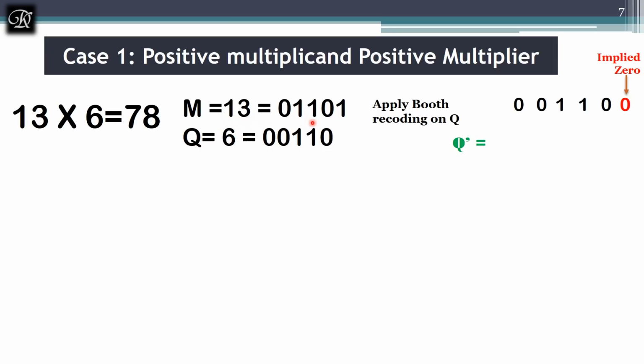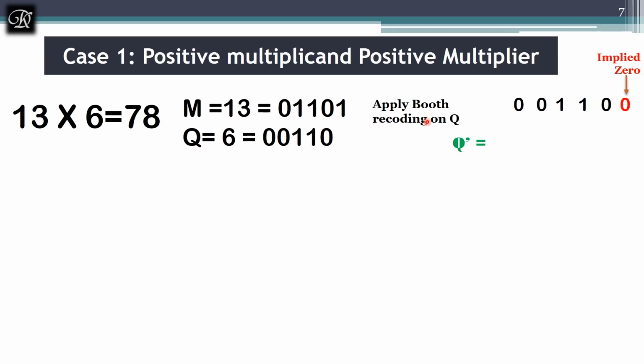So I will write the binary version of 13, that is 1101, and it's mandatory to have a sign bit. Because it's a positive number, the sign bit is 0. And when it comes to 6, 1 1 0, but both should have equal bits. That's why I have added one more 0, and this is a sign bit. Adding zeros before the bits is not going to change the value of the number. That's why we can add zeros to make sure both M and Q have an equal number of bits.